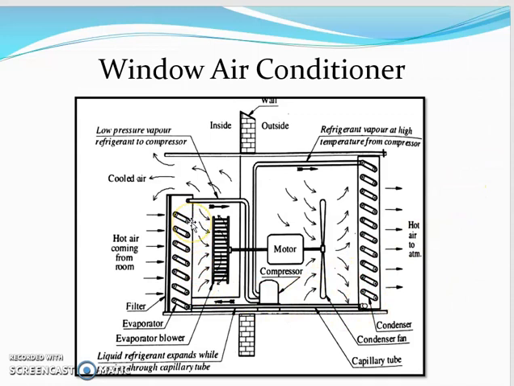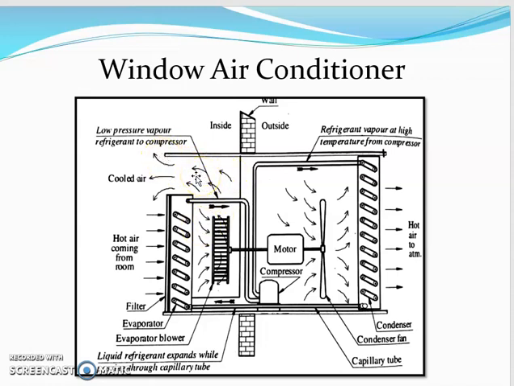The moisture of the air in this case gets removed on the cooling coil surface by the process of condensation. So the air is cooled and dehumidified to meet the requirement of comfort air conditioning in the room, and a tray is provided below the cooling coil to collect the moisture which condenses from the recirculated air. The flow of hot air coming out from the room, and cooled air that passes again to the room, takes place with the help of the evaporator blower. So this is how we maintain the air circulation rate.